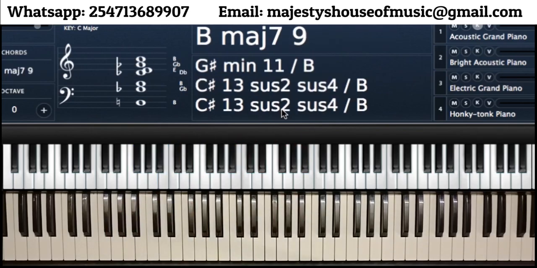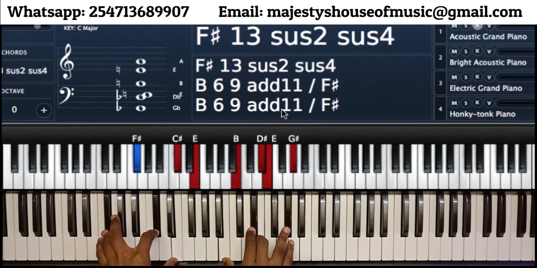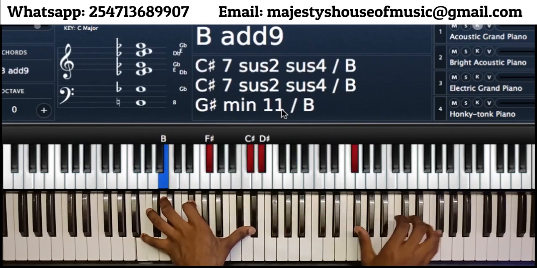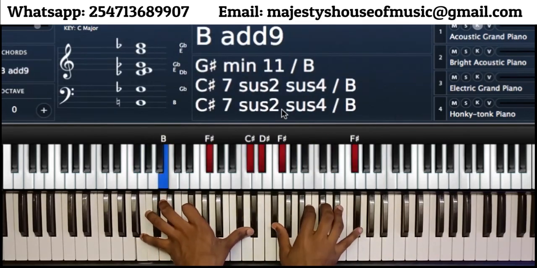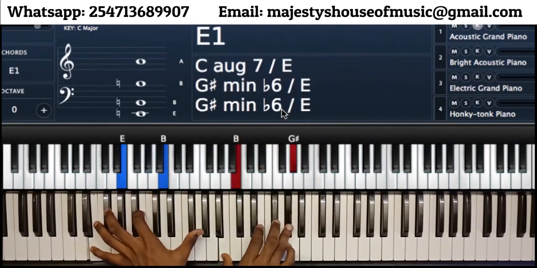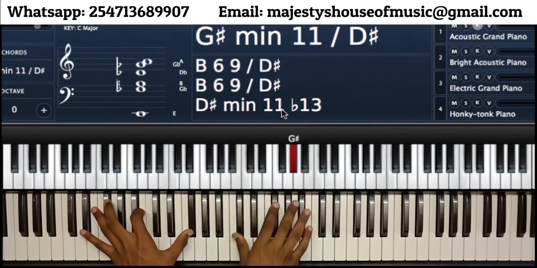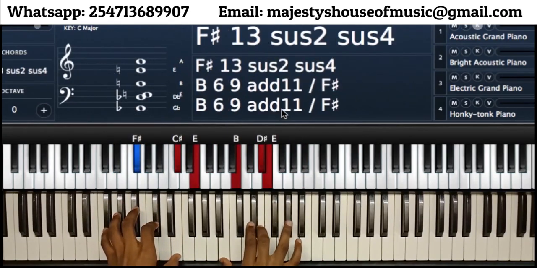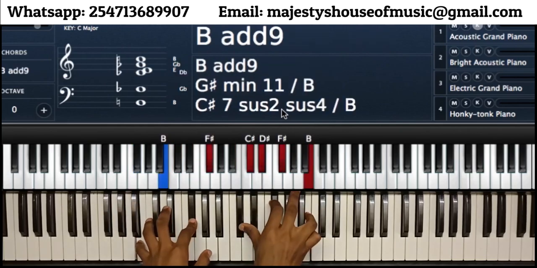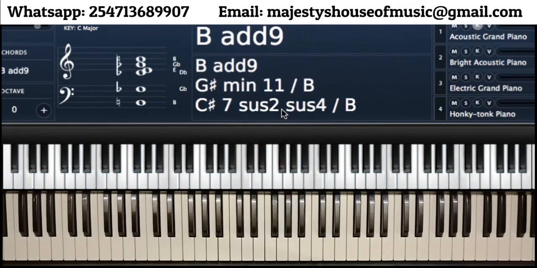So, maybe you've never seen something like this. So I'll show you where we borrowed this from. This is basically borrowed from the key of B. So this is borrowed from the key of B, where we take